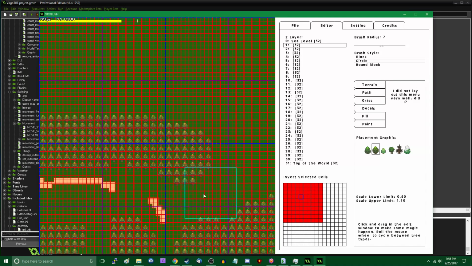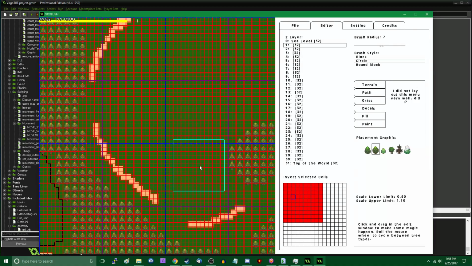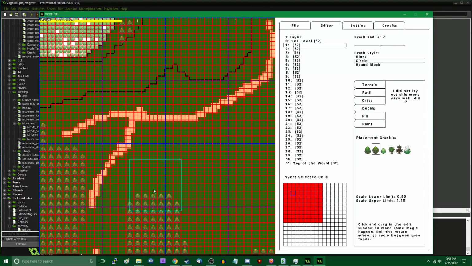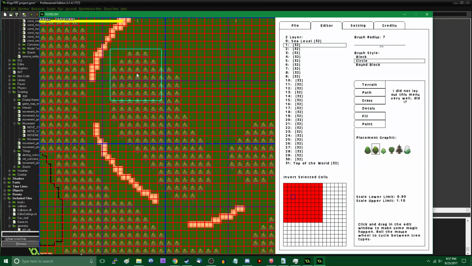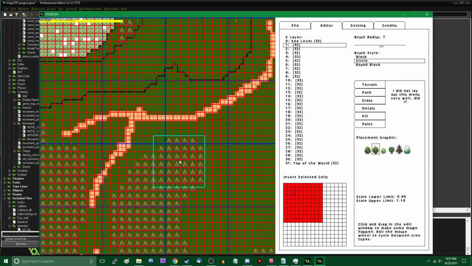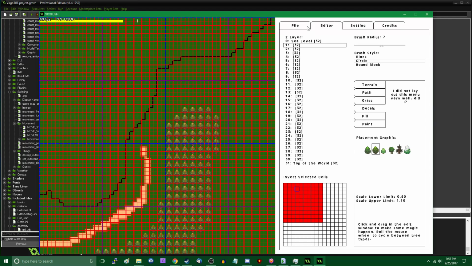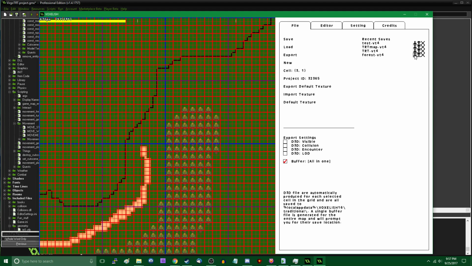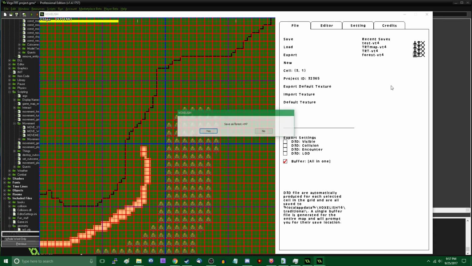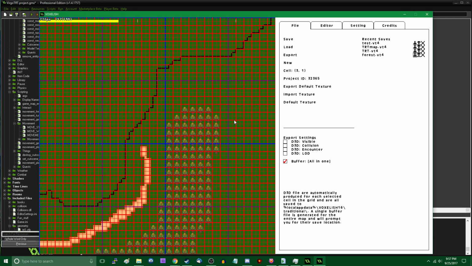I'll leave an opening here in case I want to have something else going off in another direction. Or maybe another one of the abandoned house looking set pieces in the middle of here. It's just something like that. Again, I don't really know exactly what I want to populate this forest. Let's see, save. I'm probably going to save, load this into the game, and then call it for